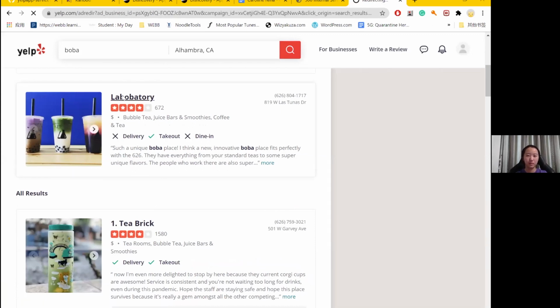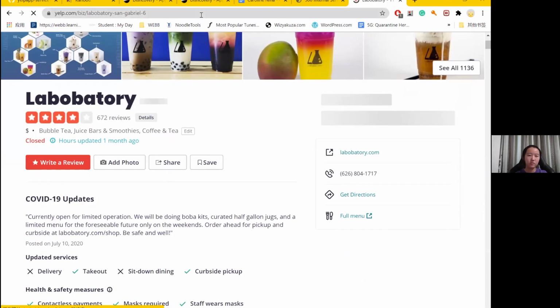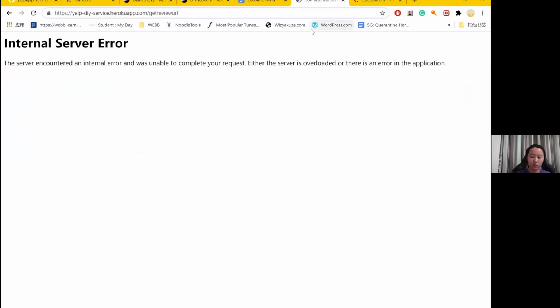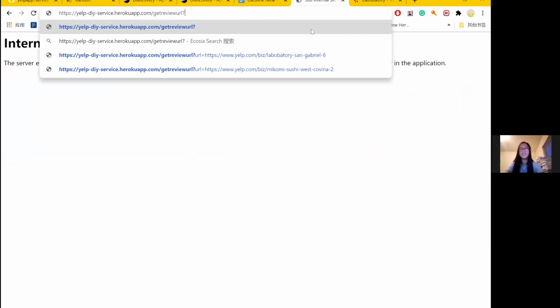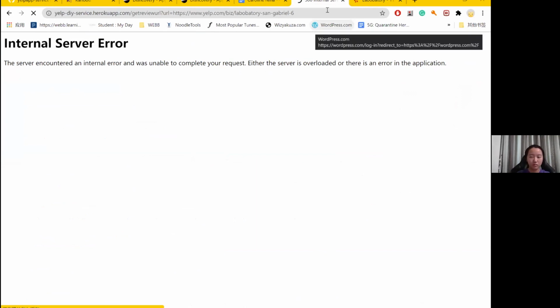Okay, so let's say I want to grab all the reviews and the sentiment from Laboratory. I'm just gonna copy paste the link, and then here I have to basically give the parameter URL equals. So now we have given the parameters, and then it's loading, takes quite a while because there's a lot of